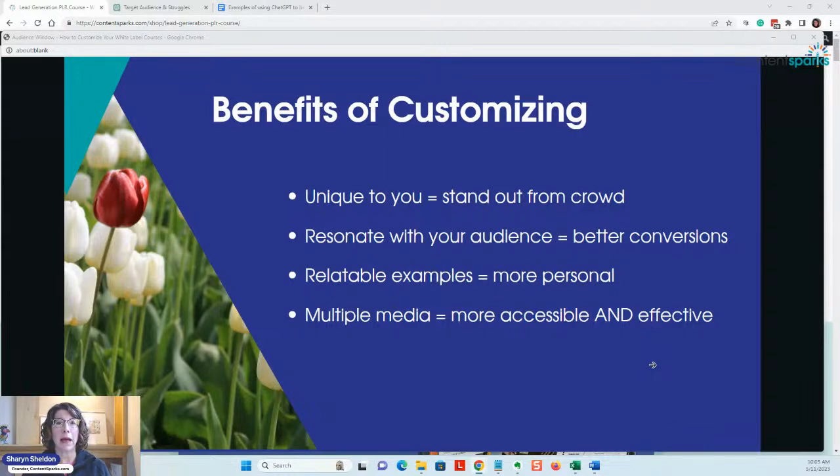particularly with AI coming into play, no matter how specific you are, it's very difficult to make it personal to you. You have to add your own personality to it. So, there's nobody that can replace you and what you put into any sort of course. It'll help it resonate with your audience, which gives you better conversions and better learning. When you add in more relatable examples for your target audience, it makes it more personal to them, like you're